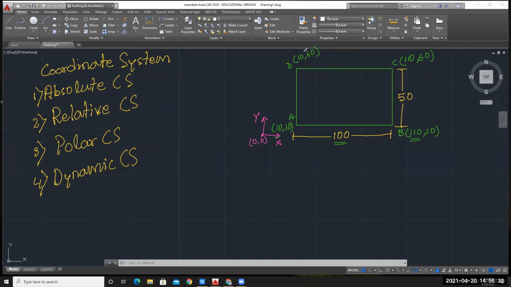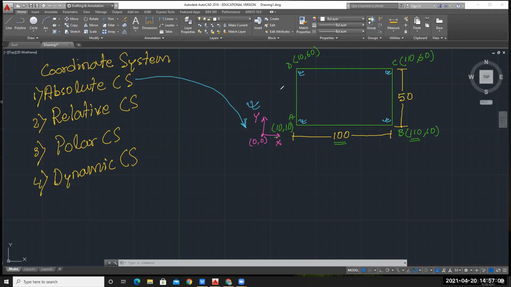So based on this single coordinate system, I have written the coordinates of point A, point B, point C, and point D. Okay, so this single coordinate system is called your absolute coordinate system. So based on one absolute coordinate system, I have given the coordinate values of all the corners.